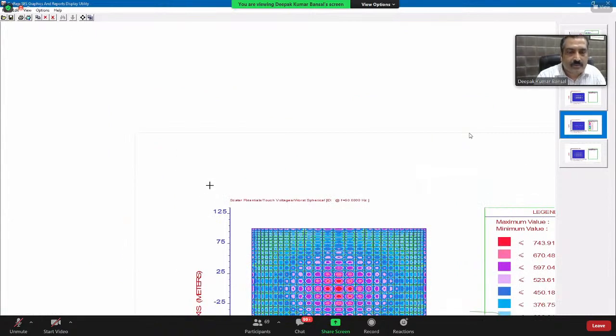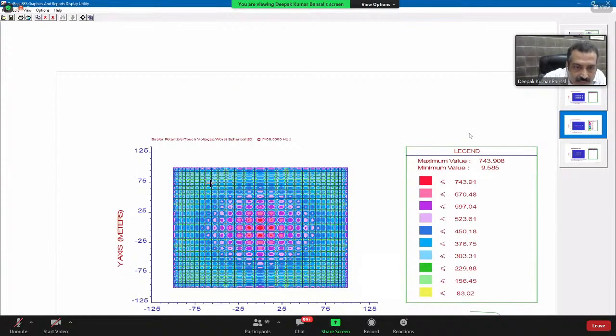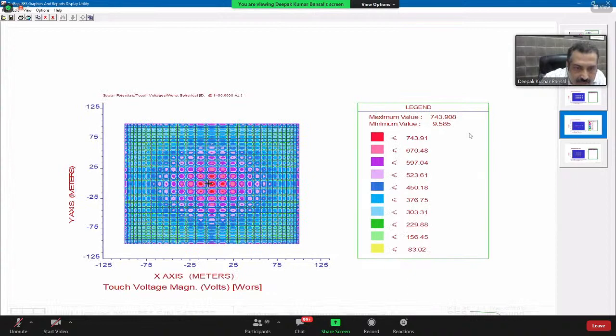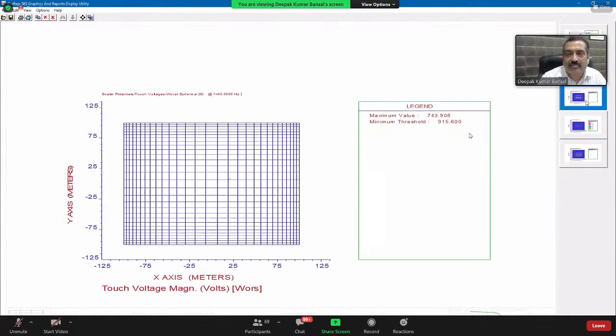So suppose somebody is standing here, there is a potential difference between this point and this point. Suppose this distance is 1 meter, then there is a potential difference between the feet of the person and the conductor GPR. So the difference between the person who is standing on the earth surface and the potential GPR of the conductor creates a touch voltage. And our effort is to make it safe